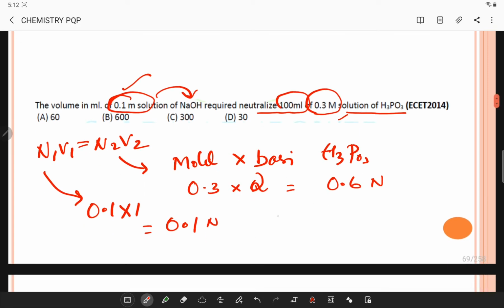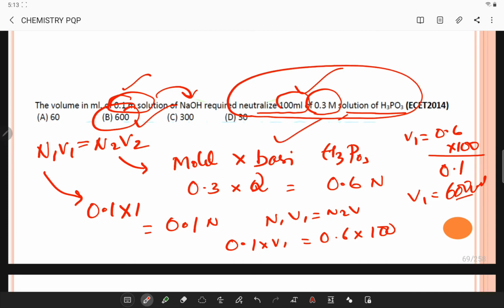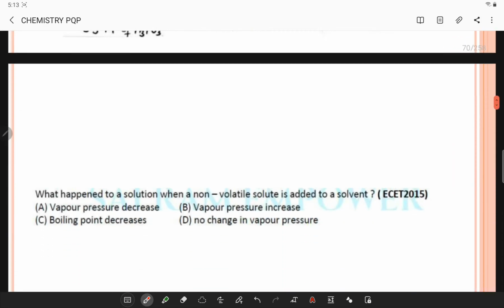Now the question is N1V1 is equal to N2V2. So 0.1 into V1 is equal to 0.6 into 100 ml. Here it is 100 ml. So if I simplify, V1 will be 0.6 into 100 divided by 0.1. So V1 is equal to 600 ml. So I need 600 ml to completely neutralize this solution. Next,